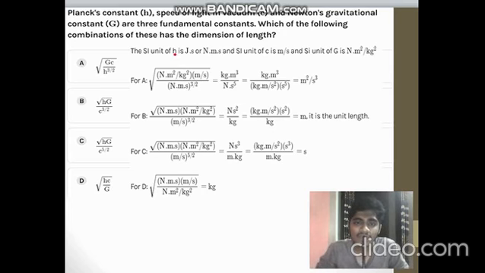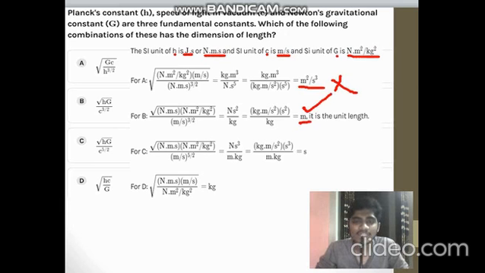We know that for h, the SI unit is joule second, or you can tell it as Newton meter second, because it's Planck's constant. And for c, it's velocity after all, so it's meter per second, and for G, it's N m square divided by kg square. So you can just substitute the values here. For G c by h power 3 by 2, you are substituting G as N m square by kg square, c as m by s, and h power 3 by 2 as N m s power 3 by 2. So when you are solving this, you are getting m square by s cube. That is not the dimension of length. Now doing it for the second one, you are getting m, which is the unit of length. So that will definitely have the dimension of length.